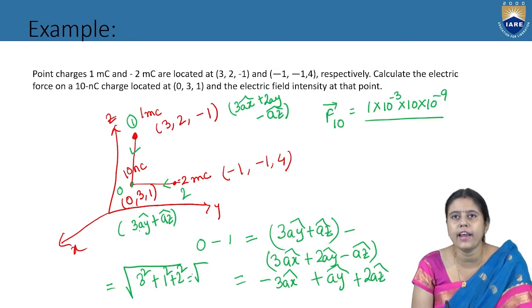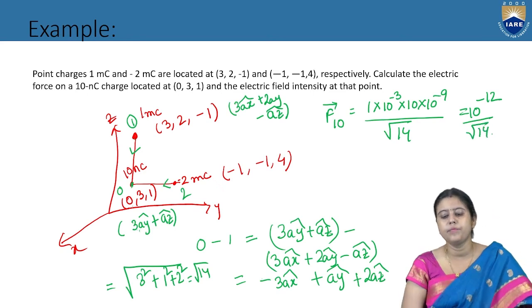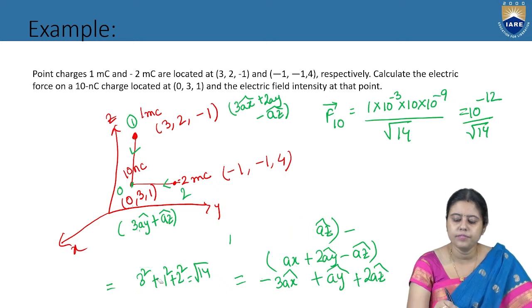9 plus 1, 10 plus 4, 14. So it is coming root 14. 10 into 10 to the power minus 12 plus root 14 unit. Similarly, if we think about